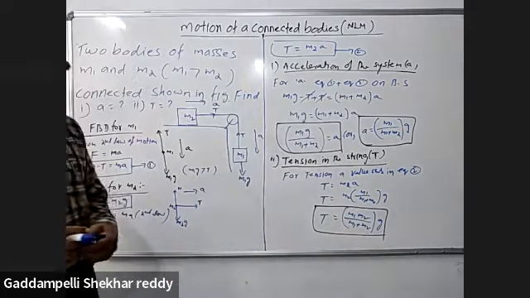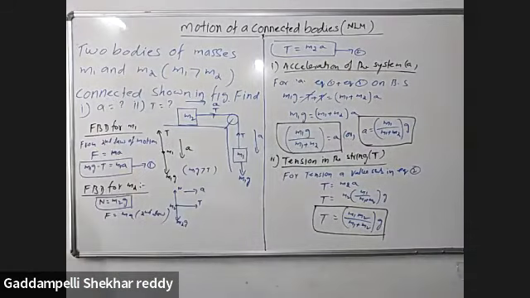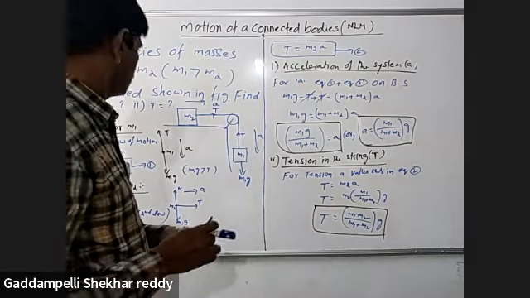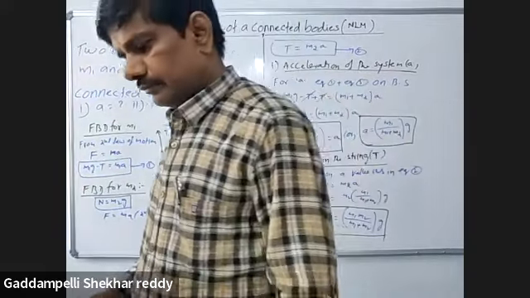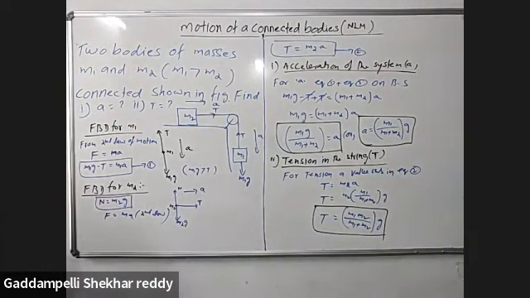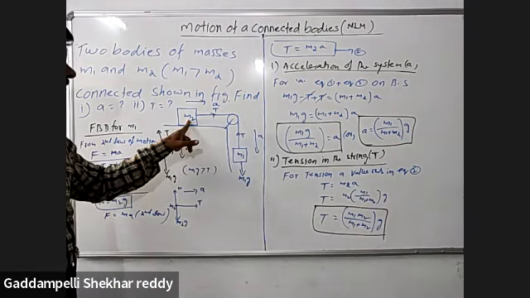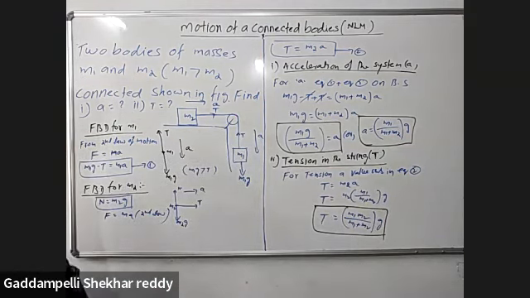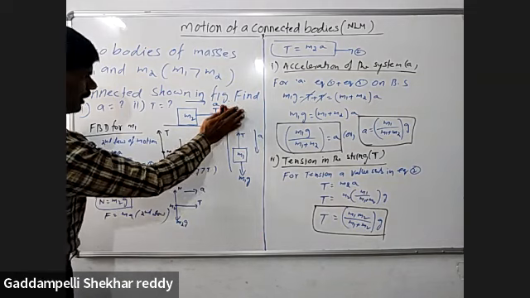These are the two formulas: one is tension, the second is acceleration. Now another application. In this case, the first mass is vertically suspended and the second mass is placed on the horizontal surface. In the next case, the same masses are connected as shown in the figure, and the diagram will change.